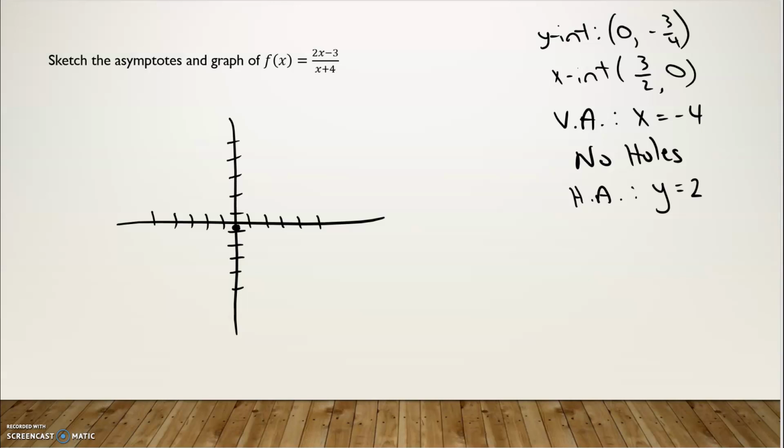That's almost 1 for y. And then we have an x-intercept at, looks like that is 1.5. 3 over 2 is 1.5, so that's right there. We have a vertical asymptote at x equals negative 4, so right here. We have a horizontal asymptote at y equals 2, so about there. Okay, so